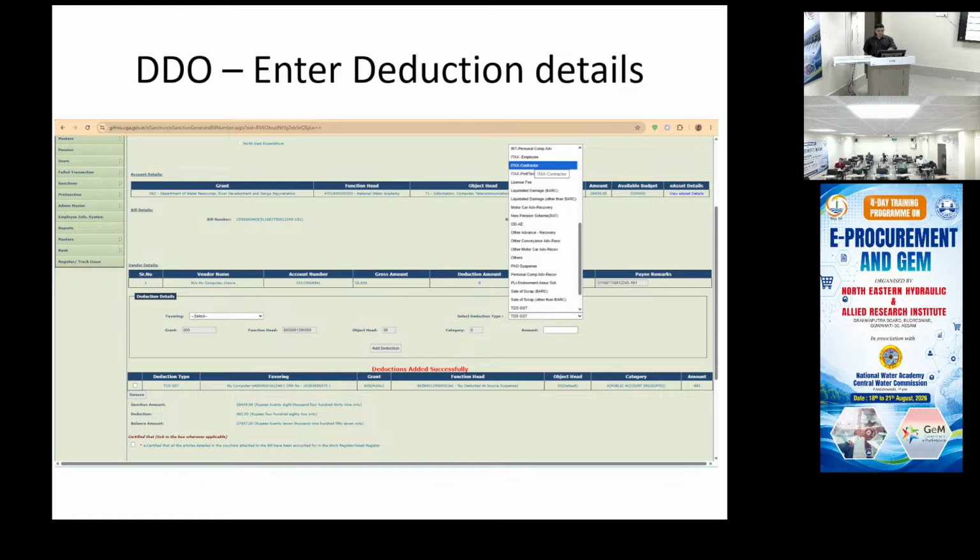Now this is an example DDO's PFMS account. See now, in this DDO PFMS, EIS is a separate module. It is part of the entire PFMS account of the DDO. Okay, so right now we are in the DDO account, main DDO parent account, and within that is the EIS.